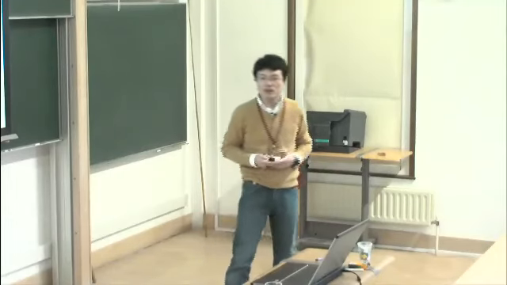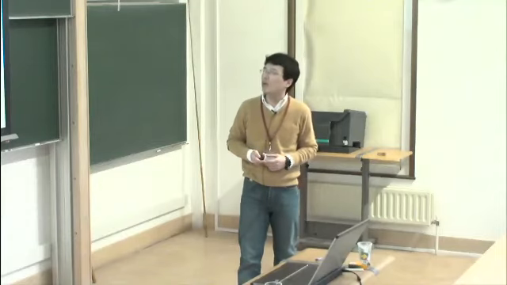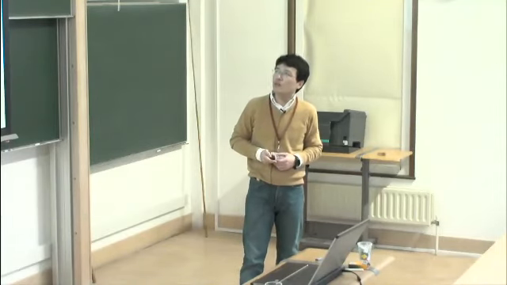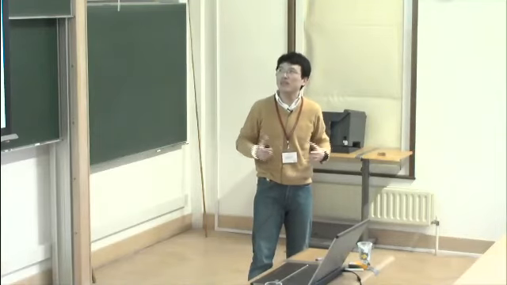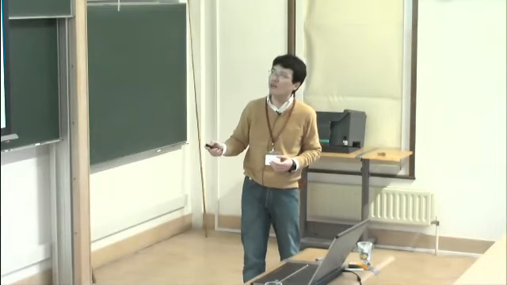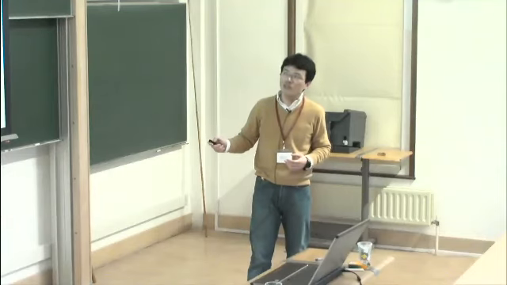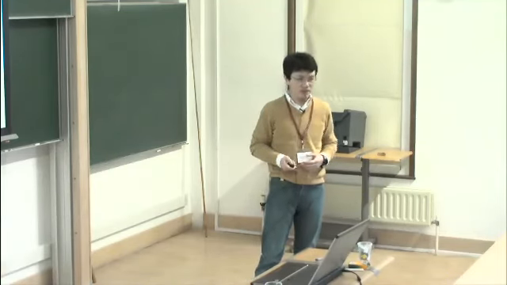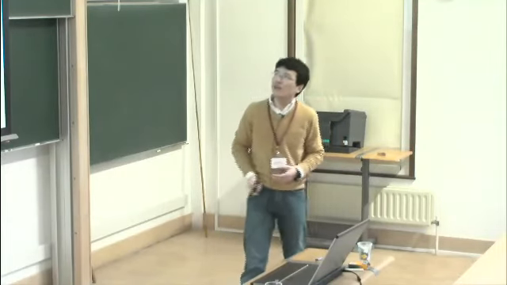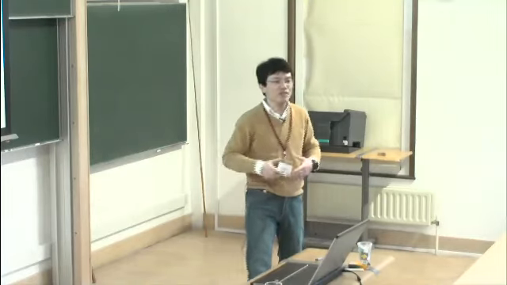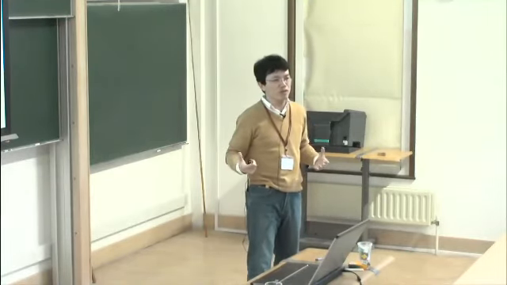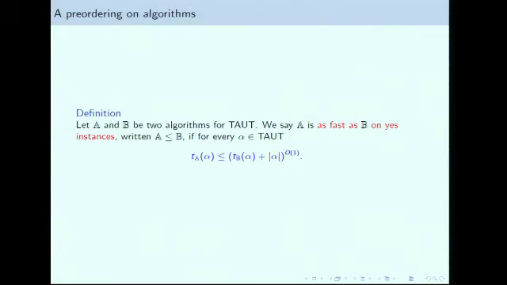Now I explain what an optimal algorithm is, which I already talked a little bit about. Remember, we introduced a pre-ordering on algorithms for tautology. It means that for every tautology, the running time of the first algorithm is bounded by the running time of the second algorithm together with the length of the input, within a polynomial factor. Okay. So an algorithm for TAUT, focus on yes instances. This is somehow related to proof systems because in proof systems we are only concerned with yes instances. So it's only a technical reason to have this equivalence.